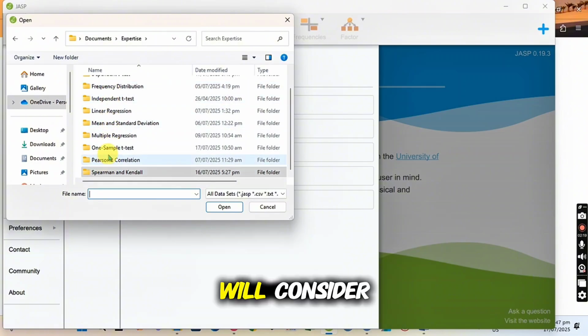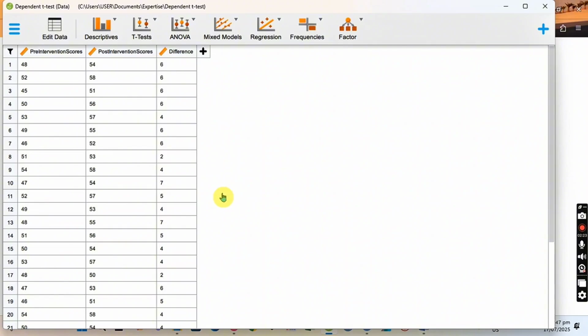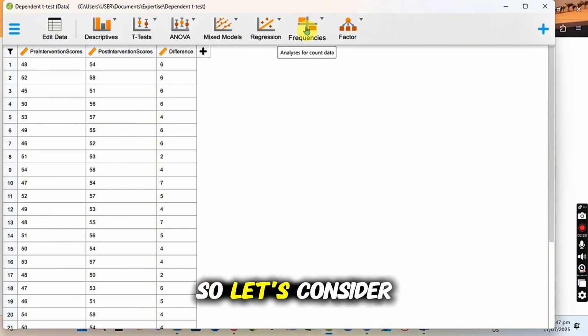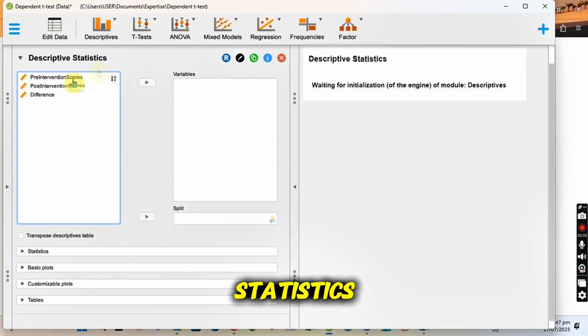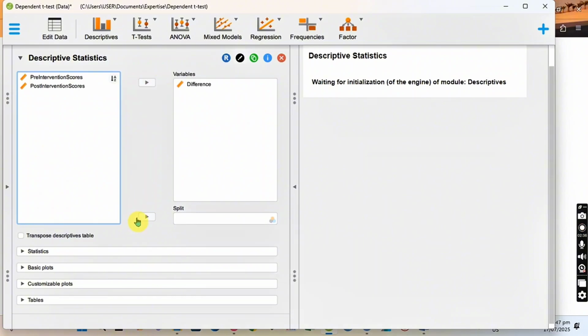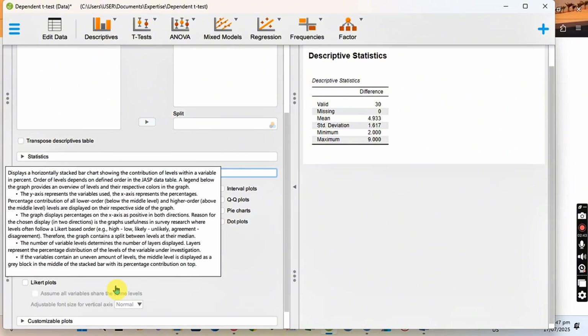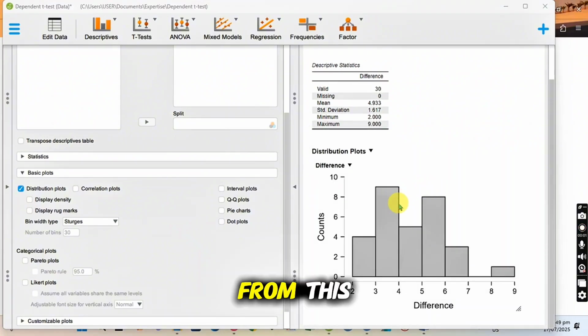So this time we'll consider the dependent t-test and then the data. We will only consider the difference. Let's consider descriptive statistics, the difference, and we are after its plots. From this distribution plot, we can see that it most likely follows a normal curve.